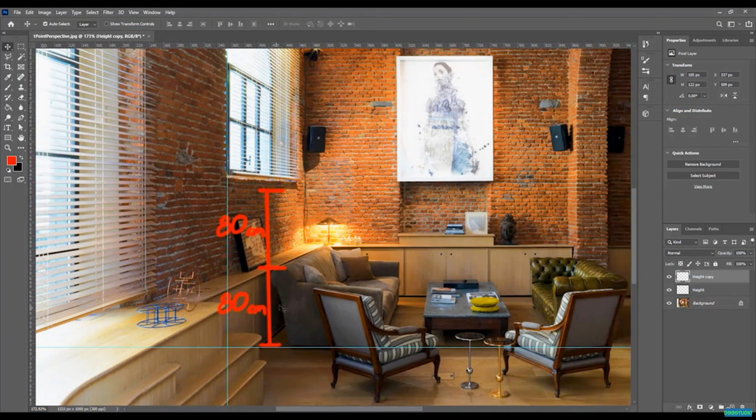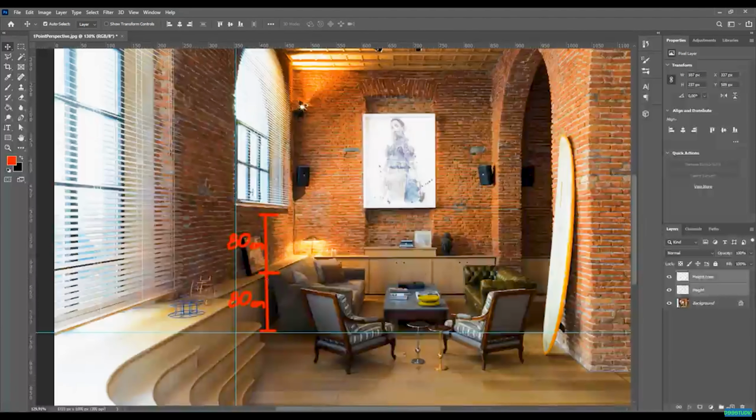And now that I've created two of these, I can select with my Shift key another layer, which is the bottom one. You can see that I've created a height copy when I duplicated this. And now by grabbing both of